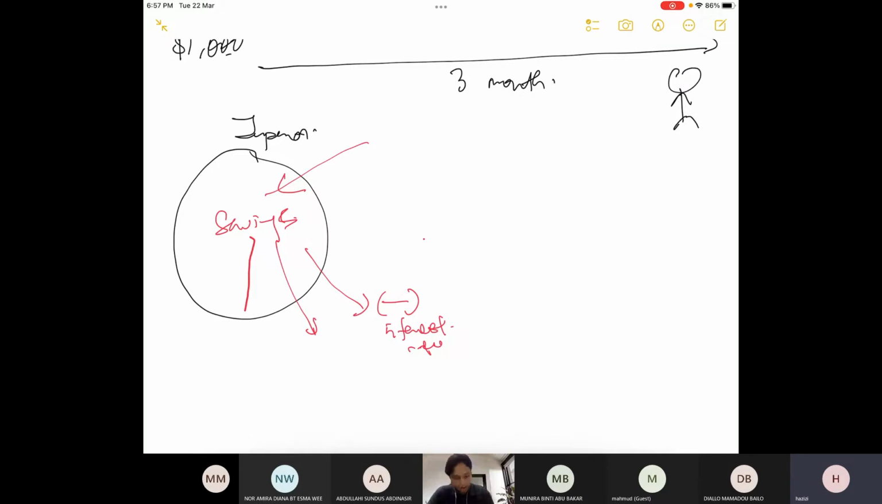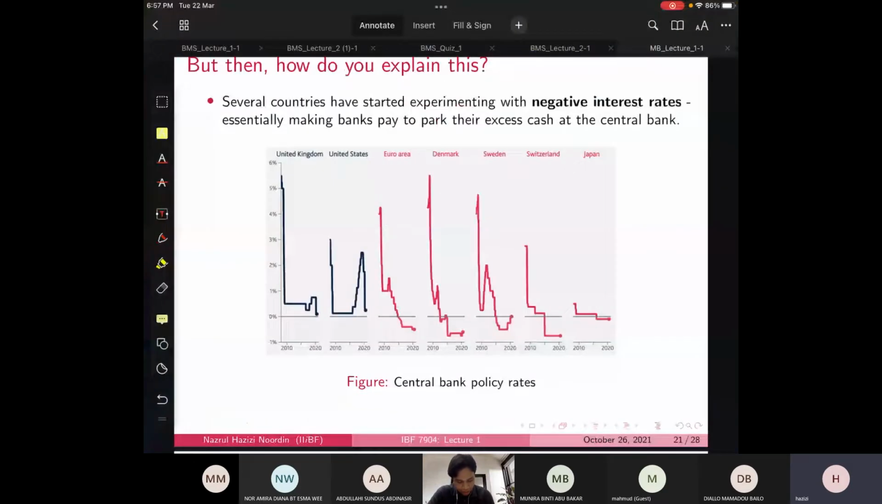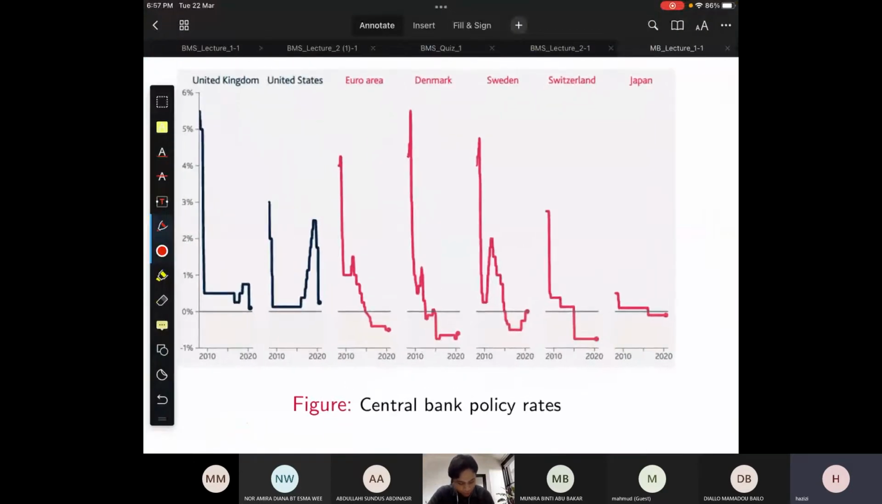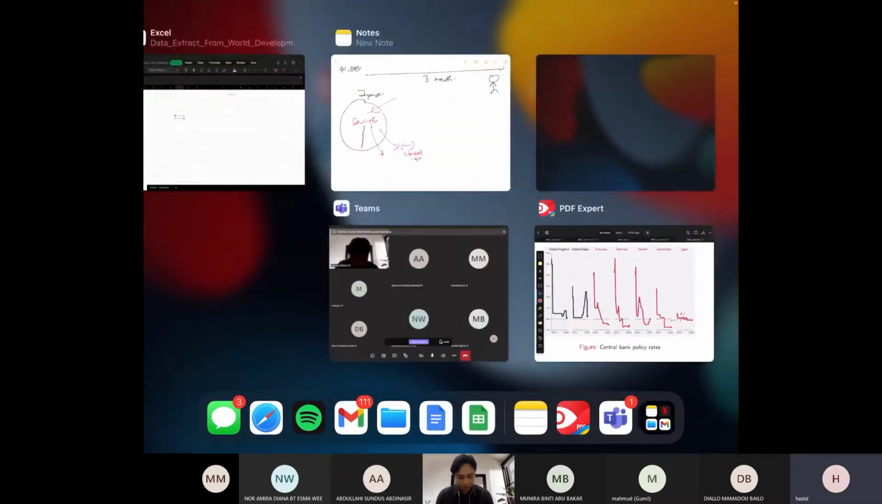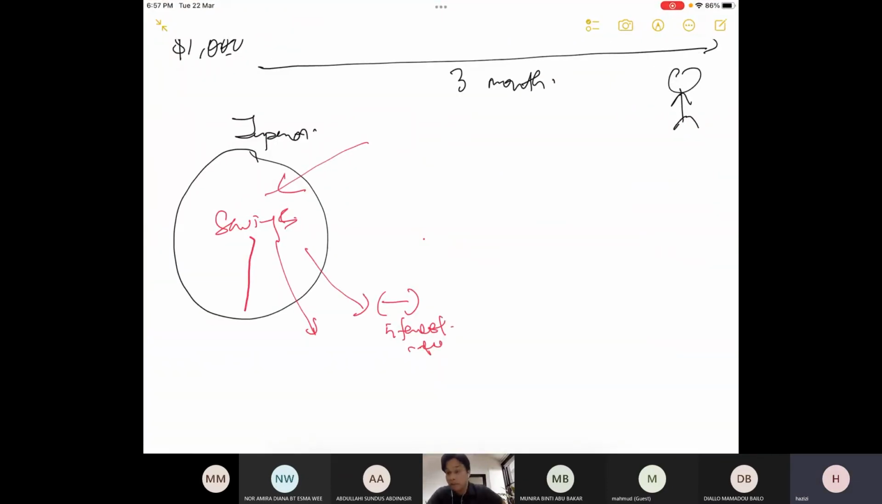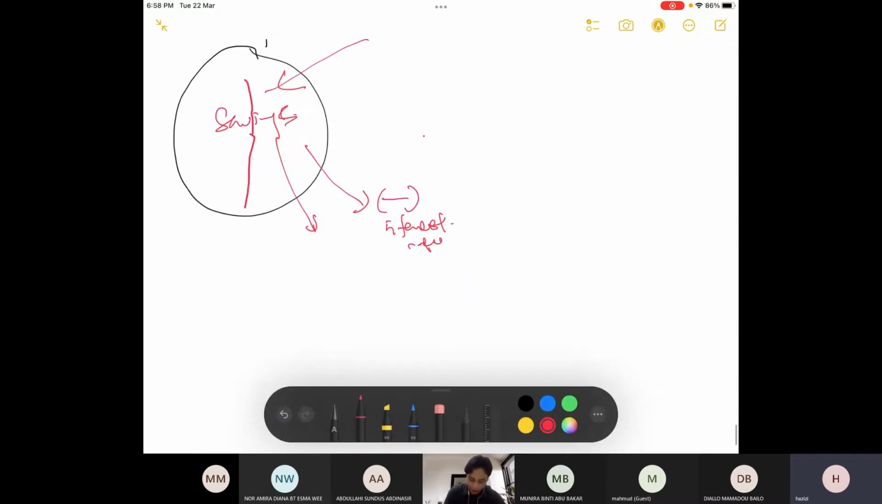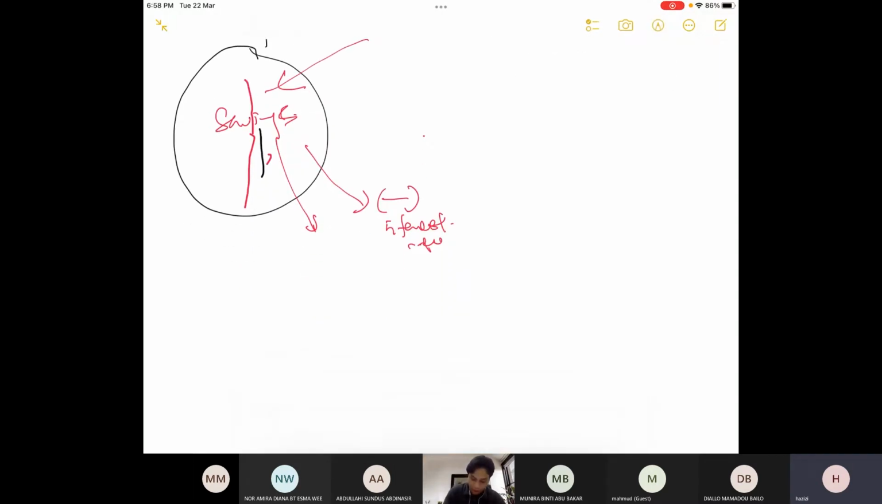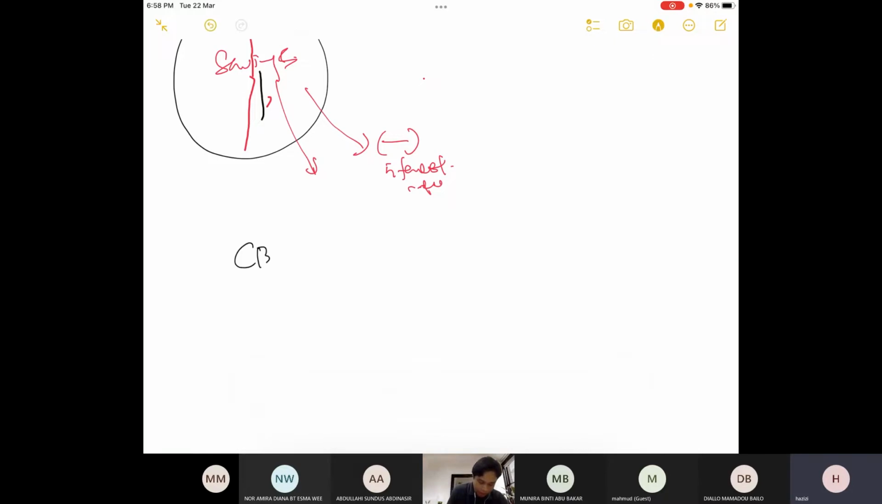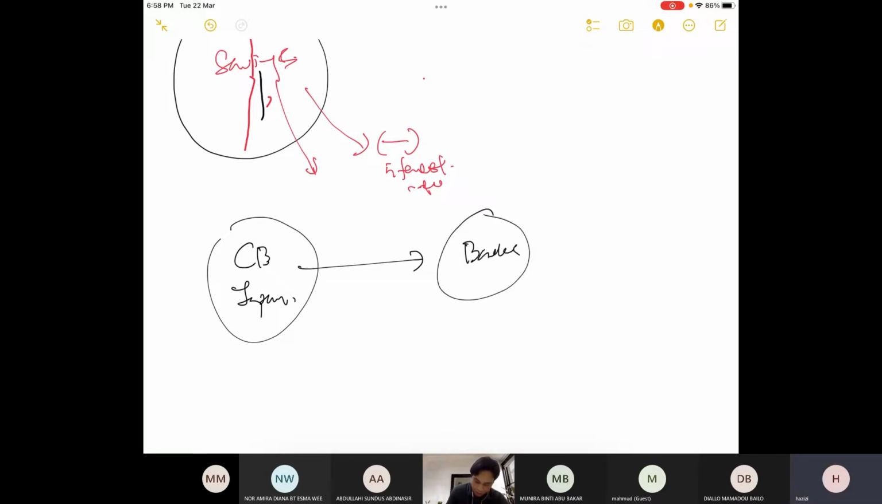But you will see here, they are still at a very low level of negative, right? It's still below negative 1%. And it only happened between central banks and individual banks. I think we have discussed this in the last class. So let's say the Central Bank of Japan here imposes a negative interest rate